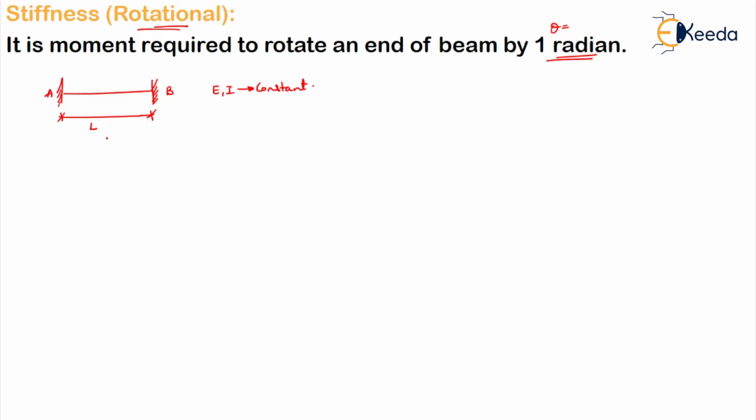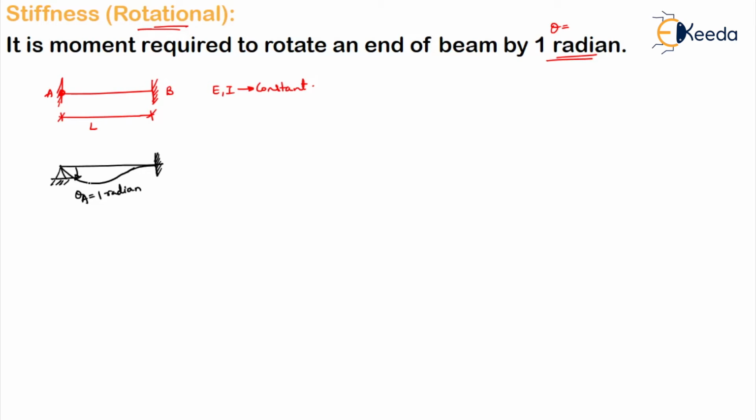Now if we want to find the rotational stiffness at say point A, we have to replace that fixed end by a hinge, and the other end should be kept as fixed only. And now here we have to apply a unit rotation equal to 1 radian. So I am applying theta A equal to 1